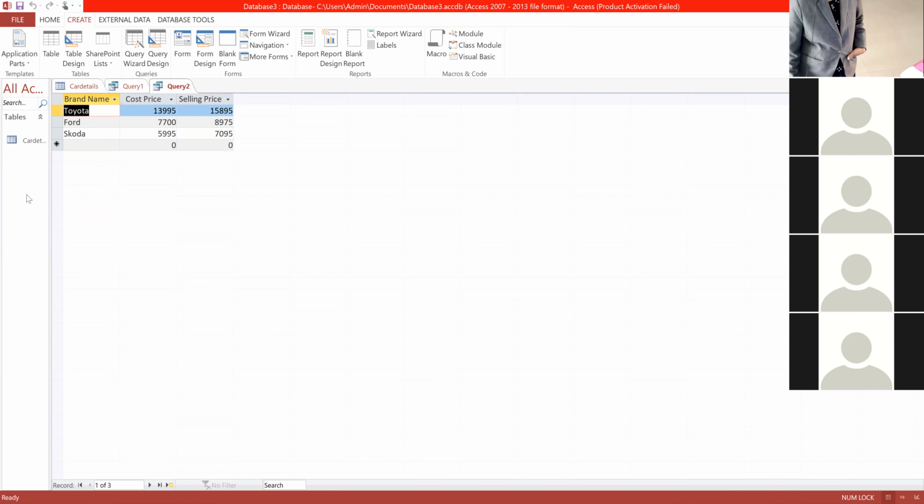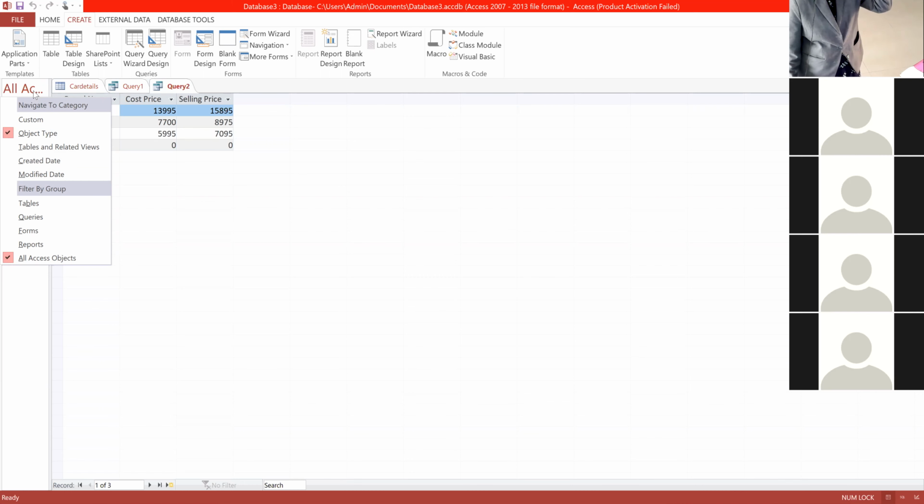Open the navigation pane. Okay, ma'am, navigate there to only category, report. Navigation: click the table or a query on which you want to base your report.